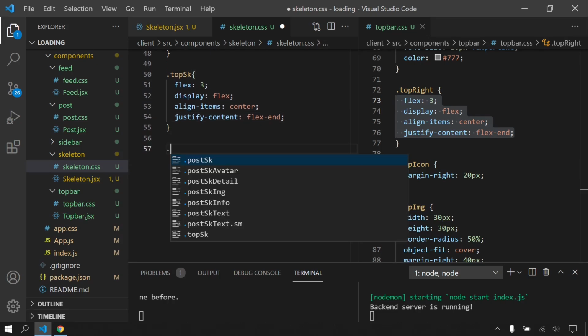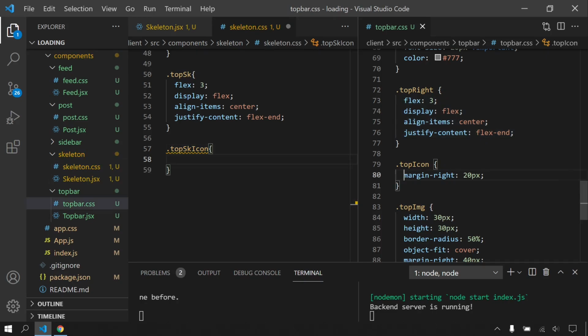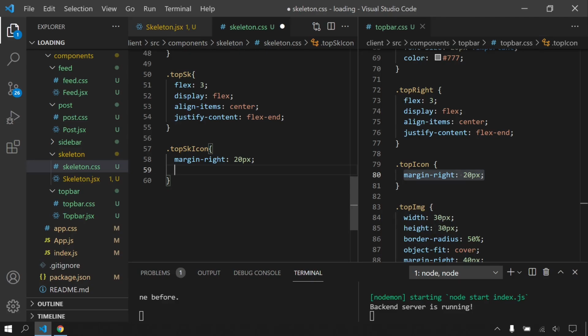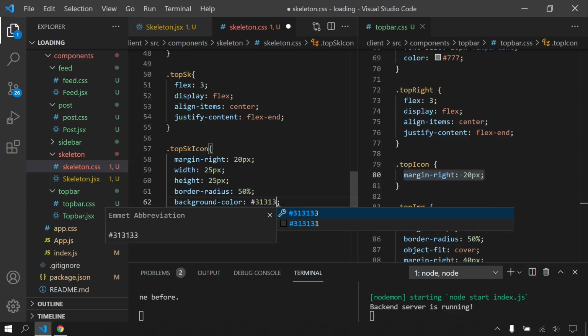And for icons, top icon, top sk icon. As you can see, this is our actual icons. So we can use this margin right. And additionally, I'm gonna give some width and height, and it's gonna be circle. Let's say 25, height 25, and border radius will be 50%. And background color will be 31, 31, 31.